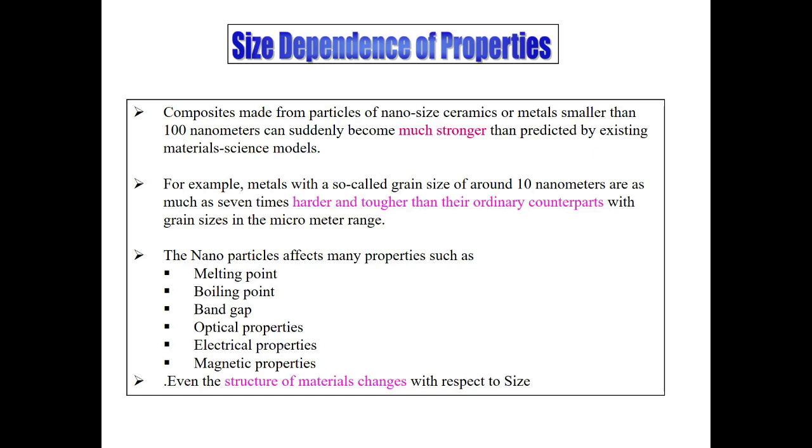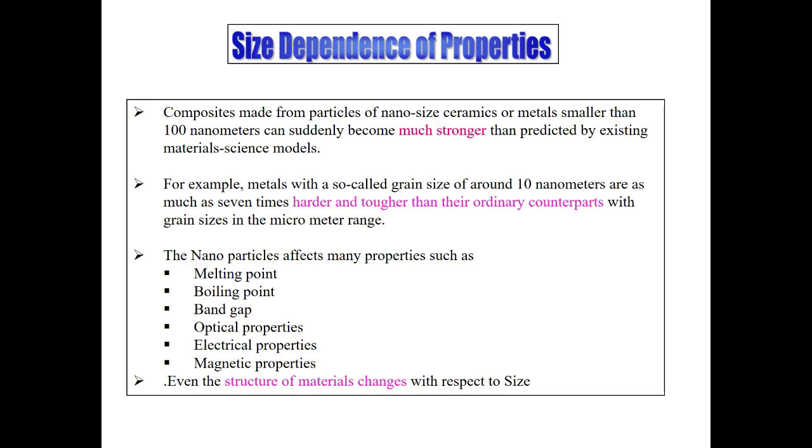How are these physical properties of the materials getting changed? When a micron size material is converted into nano size, its melting point goes on decreasing. How does it go on decreasing? Just take for example a cube of sugar. The dissolution of that cube of sugar is very slow as compared to the nano size of that material. Nano size can easily be dissolved as compared to the micron size.